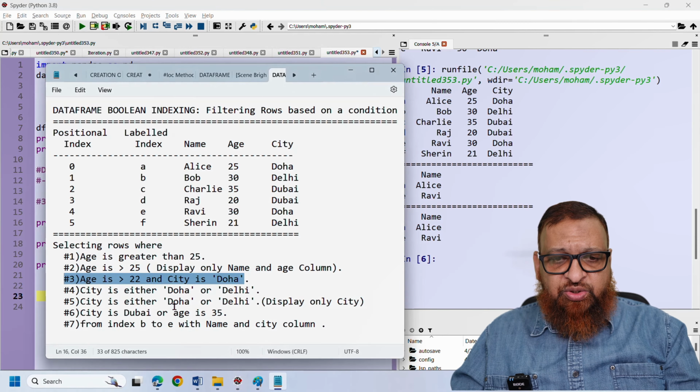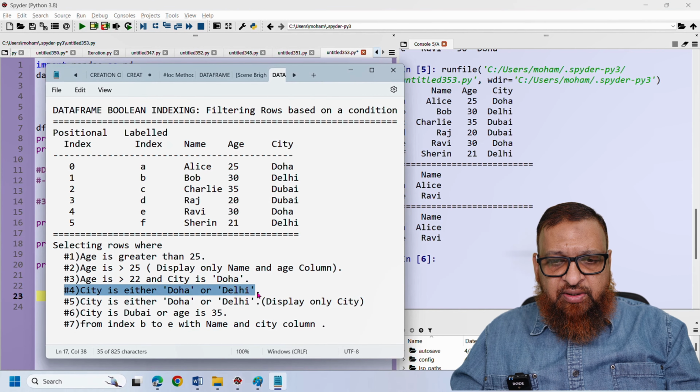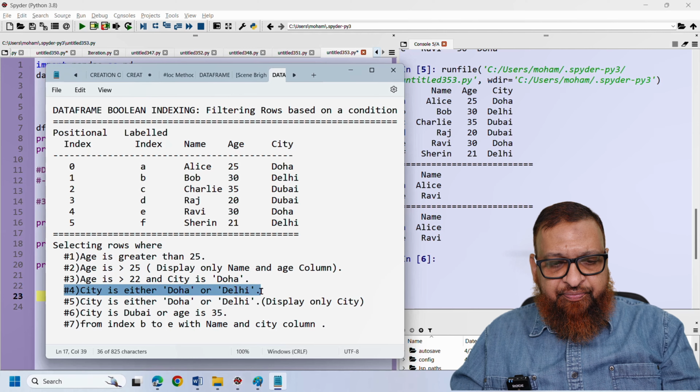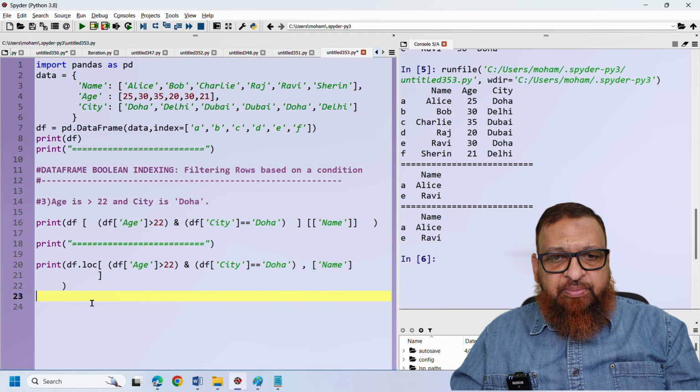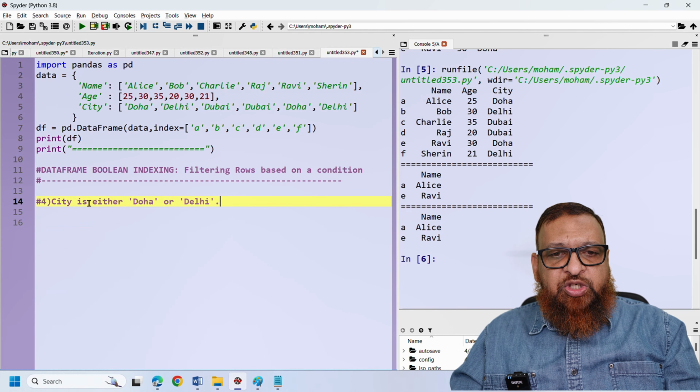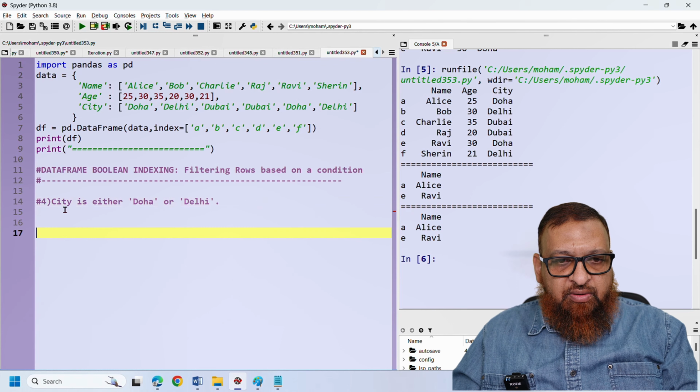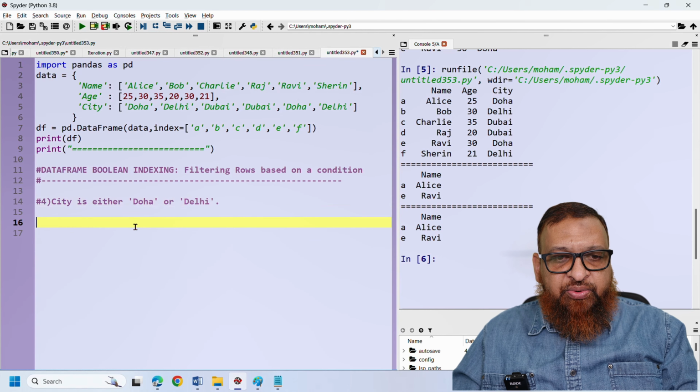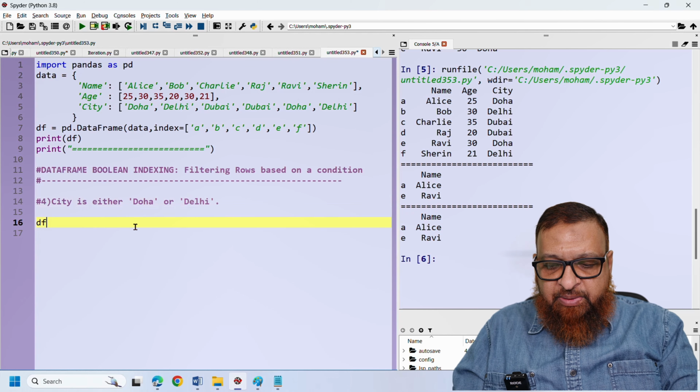Okay, let us go to the next question. There is the fourth question. Let me copy this question here. Let me remove everything so that it will be clear. Now I need to display what? City is either Doha or Delhi. So I will write here the direct method, df